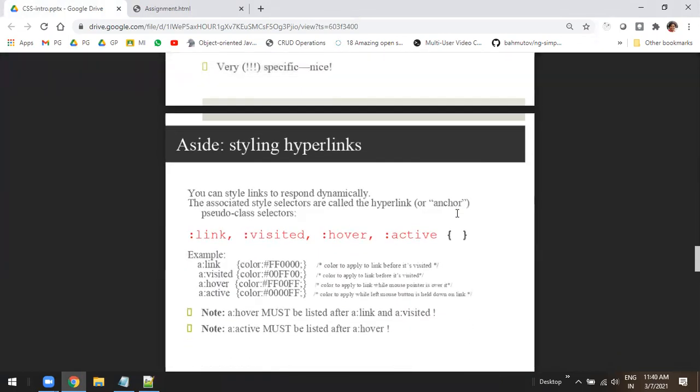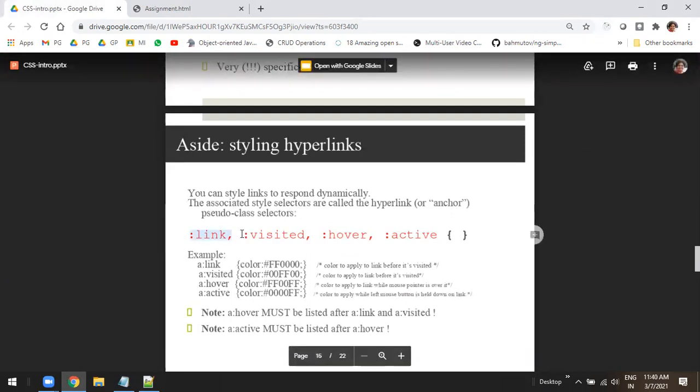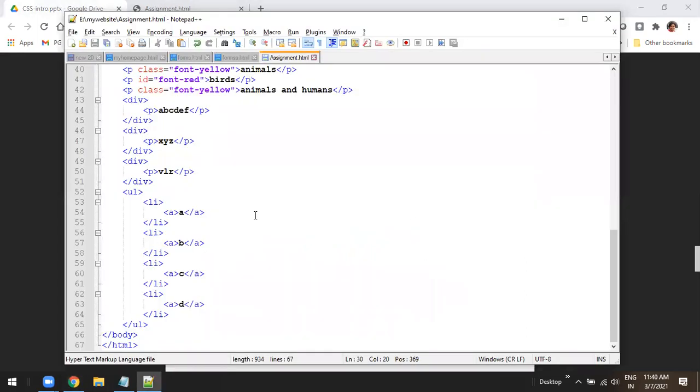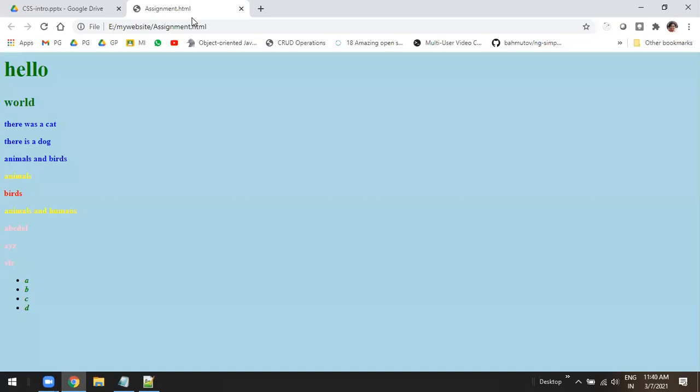Okay, so as we have started anchor tag, let's see some of the things called pseudo class selectors. What are those pseudo class selectors? Let's see. So now we have 4 anchor tags, A, B, C, D. When I hover over it,